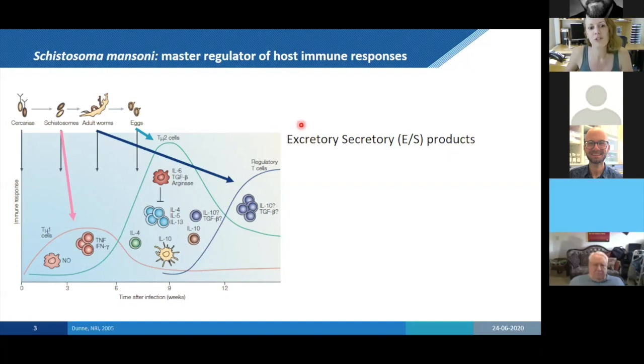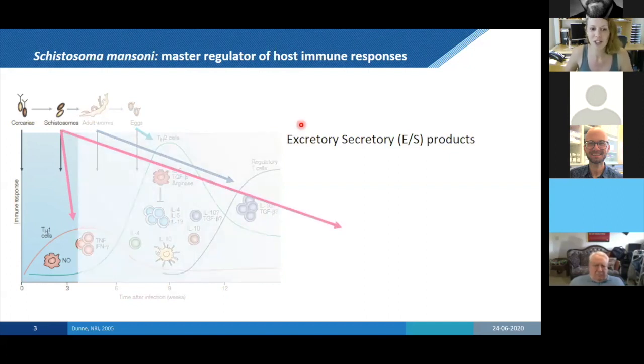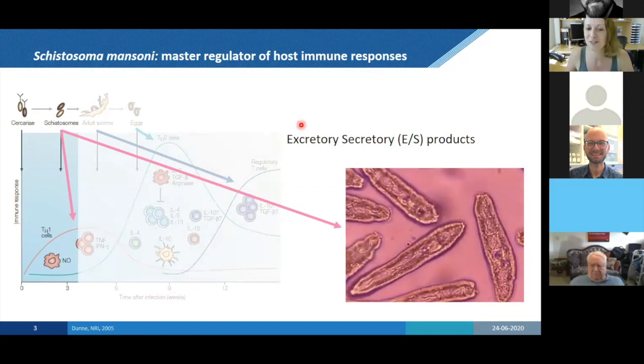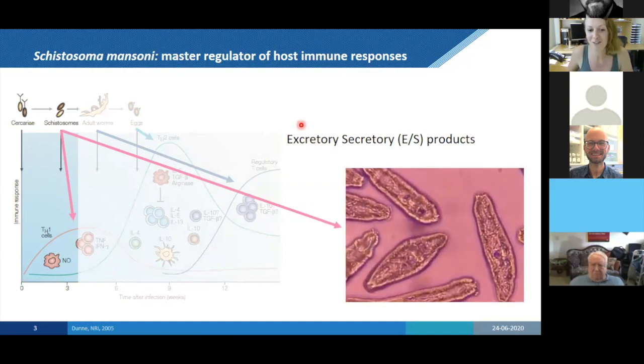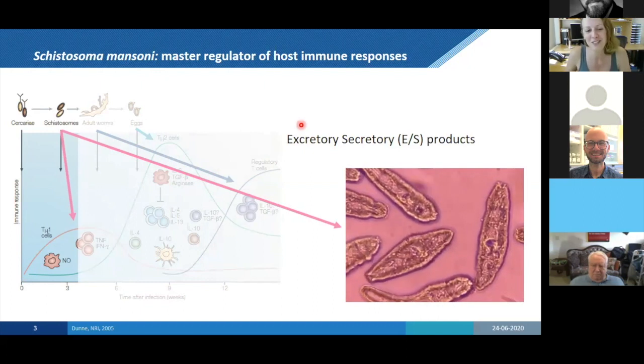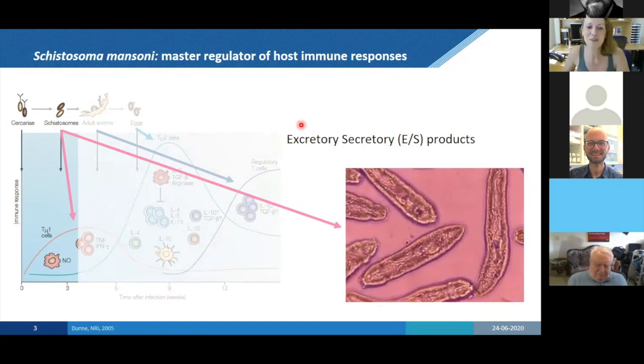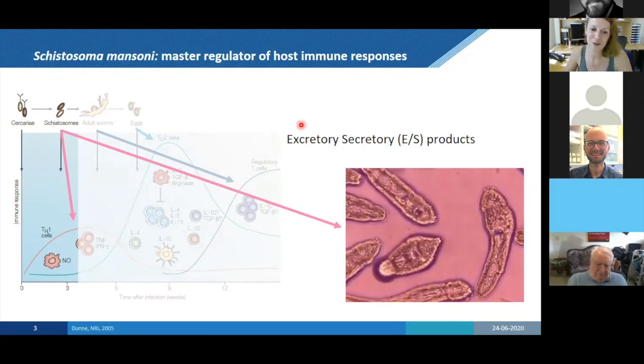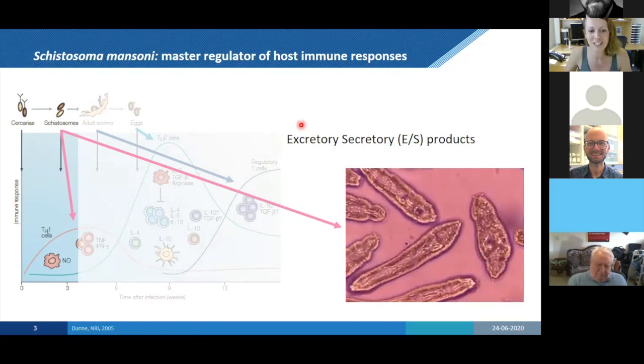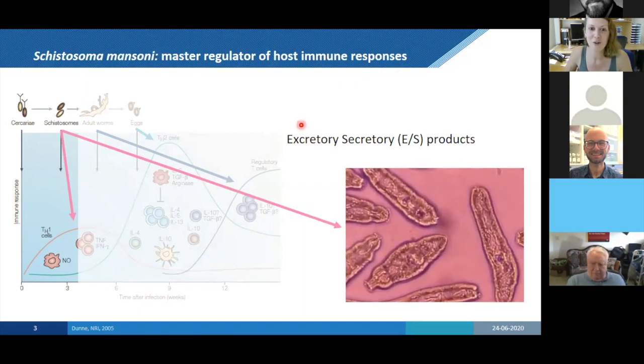And for the remainder of this talk, I will mainly focus on the schistosomula life stage, and this is how they look under the microscope. And personally, I think they're really cute to see them wiggling, and I always love to watch them under the microscope, how they move, and you can really nicely see how they are multicellular organisms.